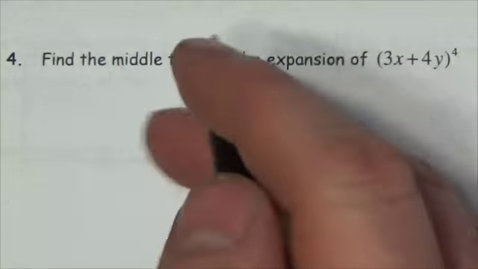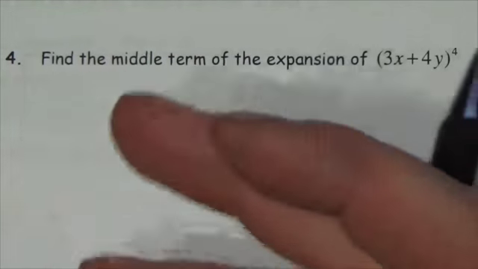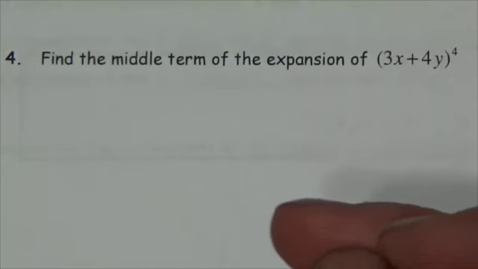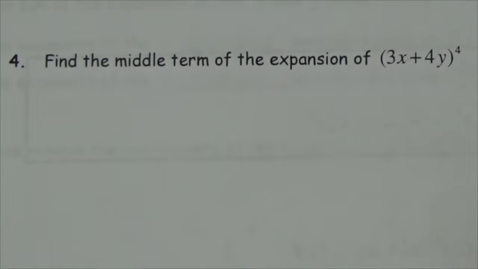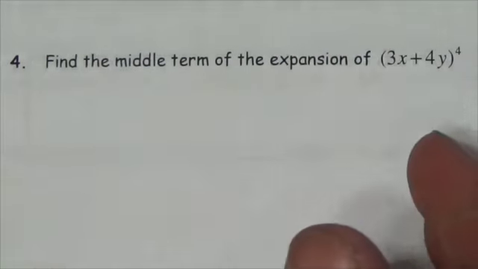Find the middle term of the expansion of 3x plus 4y all to the 4th. When the question asks for the middle term, again, the intention here is that you're still looking for k. But it makes it a little bit more difficult here. Now, to have a middle term here, we've got to really know how many terms there are in the